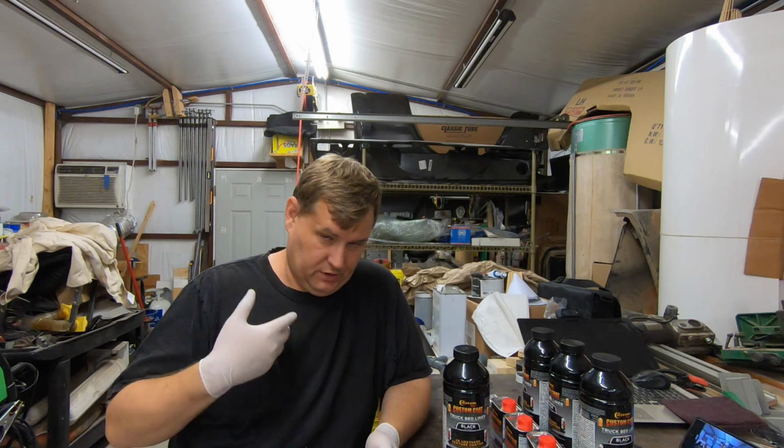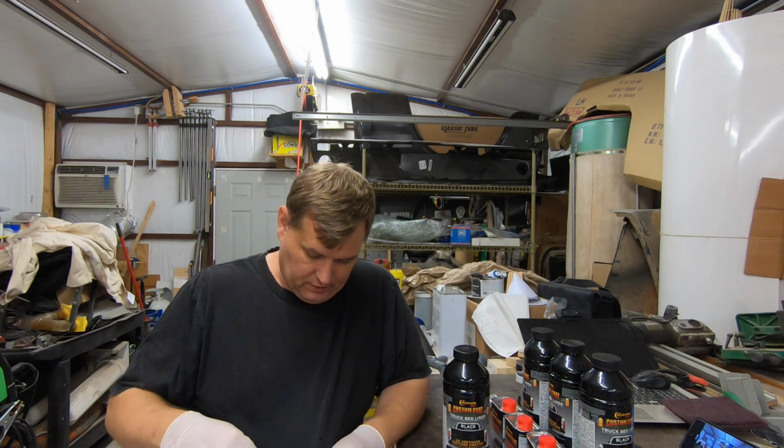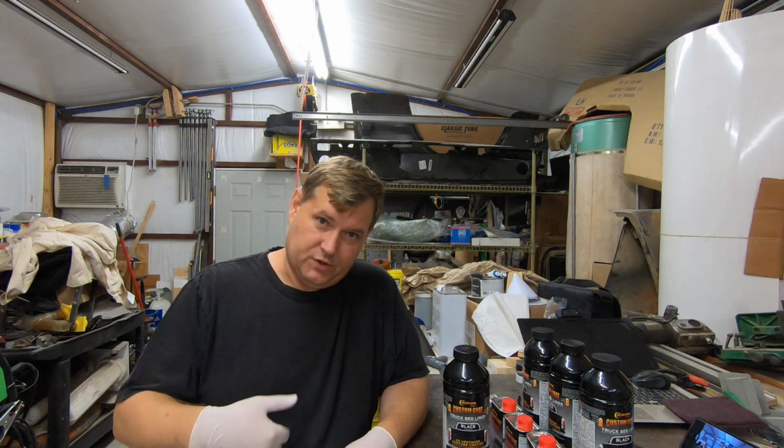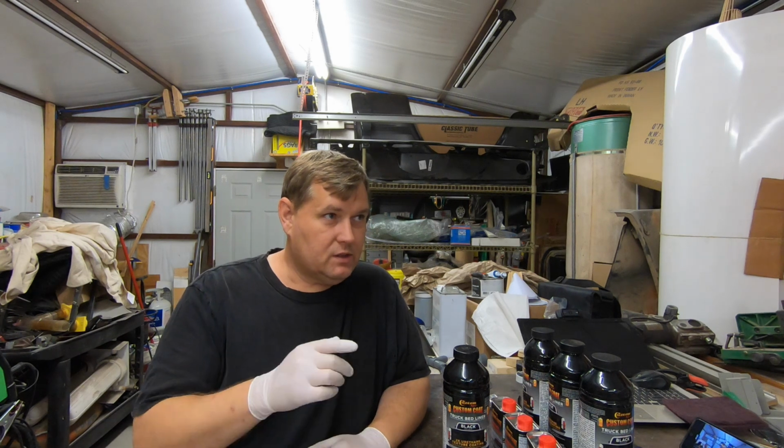and I have a nice Tyvek suit. I have no idea where it is, so I changed into a black shirt. So when I make a mess, if I get it on this shirt that's nice and holey and full of, you know, maybe the Bedliner will fill up the holes in my shirt from welding. You never know. So I'm going to get this mixed, and I'm going to turn the radio back on,